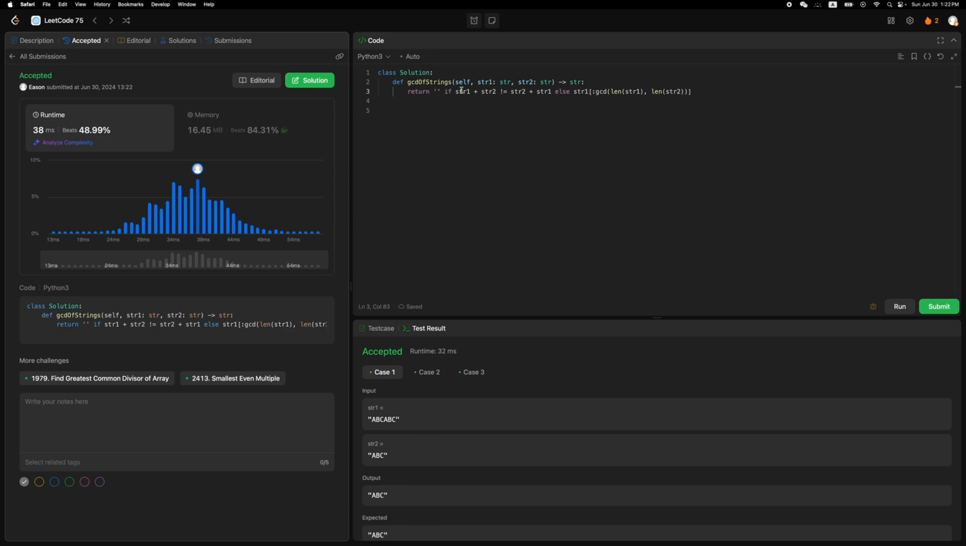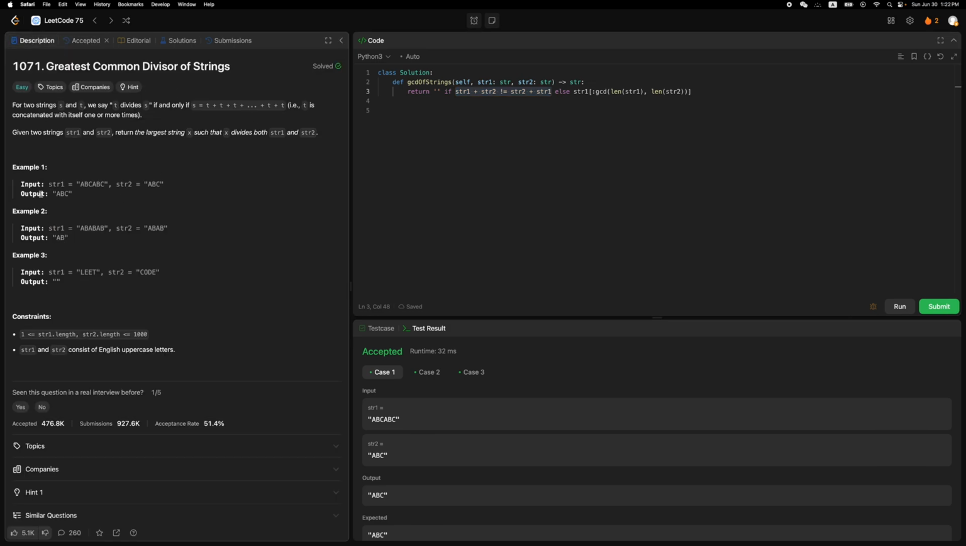To verify why string 1 plus string 2 unequal to string 2 plus string 1 is correct, we can use example 1 and 2 to see it. Actually, this is just string 1 is equal to GCD times 2, and string 2 is GCD times 1. And example 2 is the same. String 1 is equal to GCD times 3, and string 2 is equal to GCD times